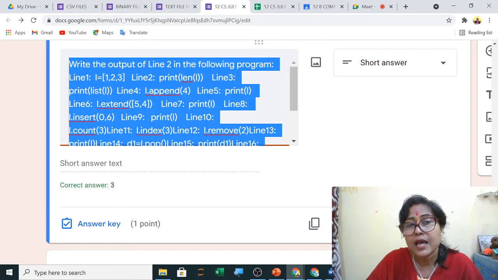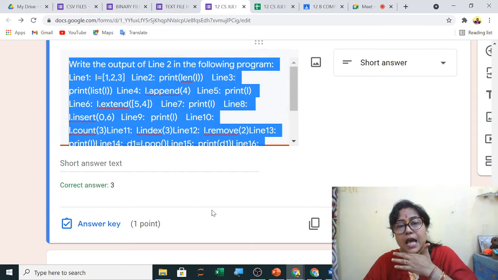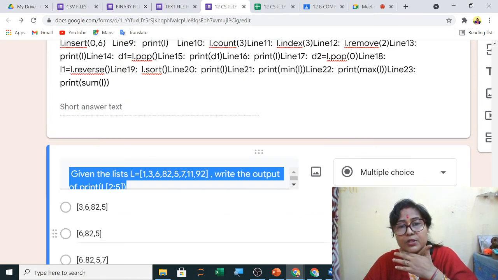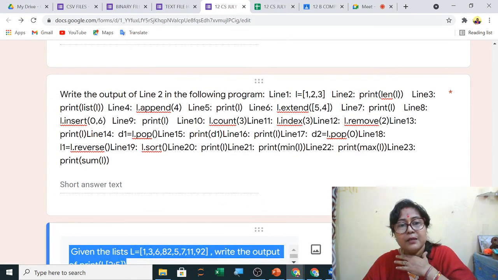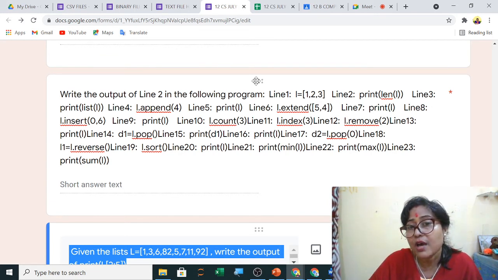Now in the board exam, you can get any line number. Till that line you have to solve and then write. Suppose you can see the print commands at the end here, like print sum of L, print min of L. So any line number you can be asked to solve, and from the beginning you have to solve till that line number.